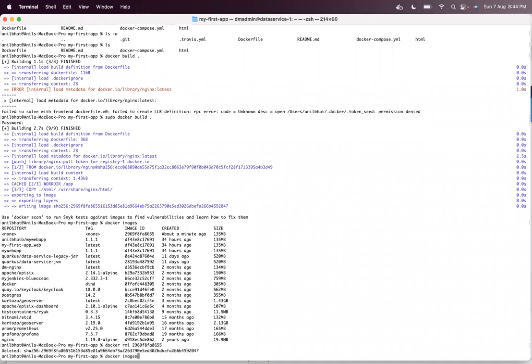Now let me run the Docker build with the tag, minus t, and with the repository name, let me give my name slash, and the image name, my HTML, and let me say the version is 1.1.1.